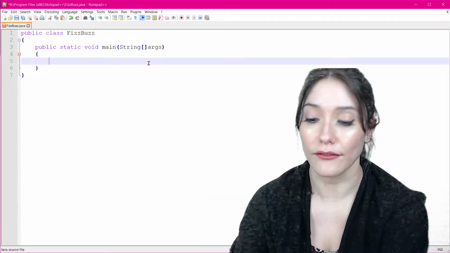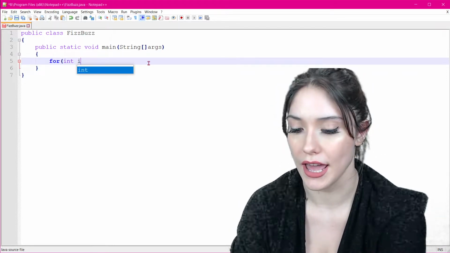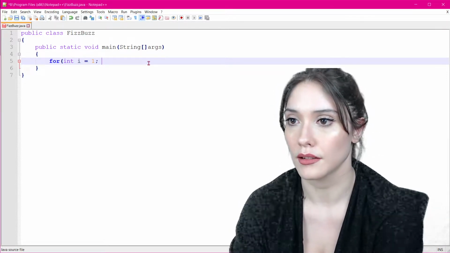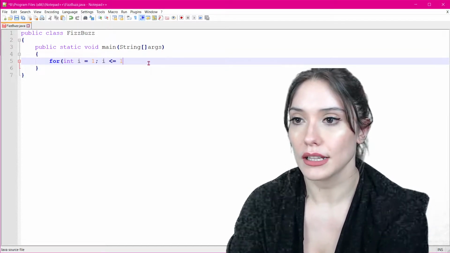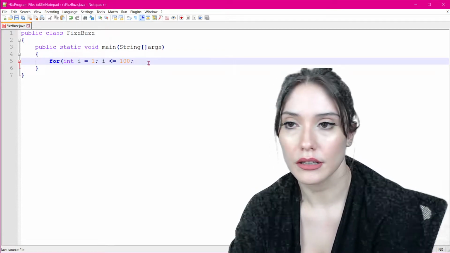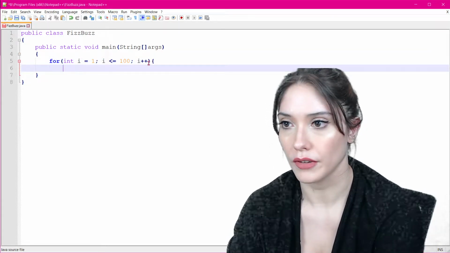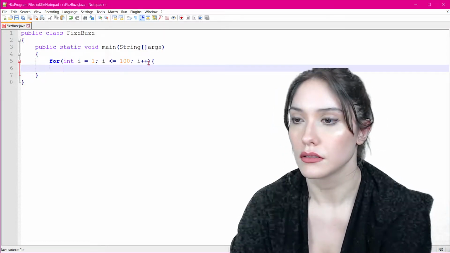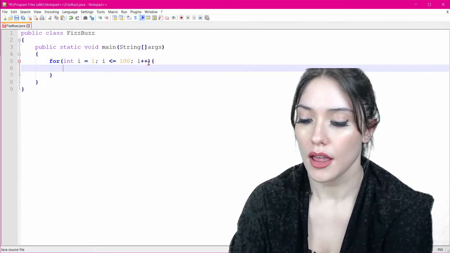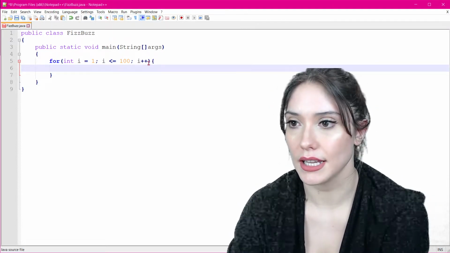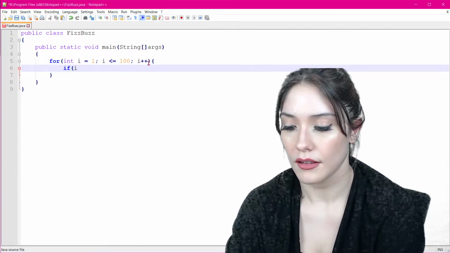So we're going to start with a for loop. And the first thing we're going to do is declare our integer i, and we're going to set it to 1, because that's what we want to start at. And we're going to set it to less than or equal to 100, and incrementing one at a time. Don't forget your curly brackets. And okay, so first case is if i is